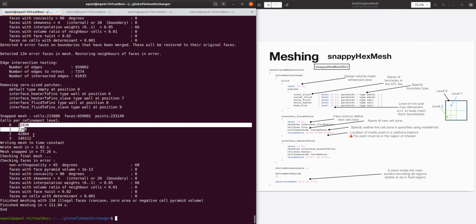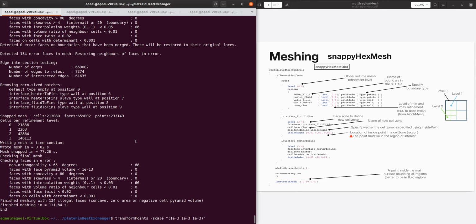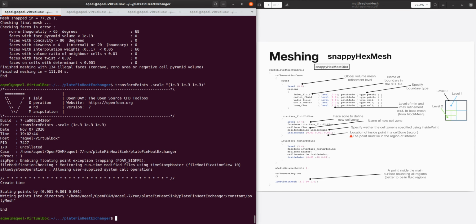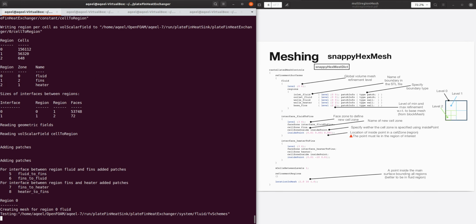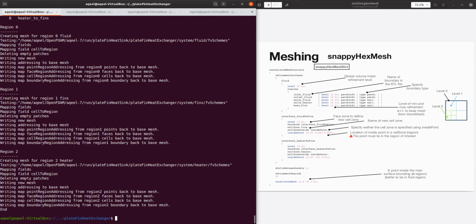Here is the mesh with the refinement region defined by a box. I can transform the mesh from meters to millimeters, and I can split mesh regions by cell zones, and I want to overwrite, and I can visualize it with ParaView.